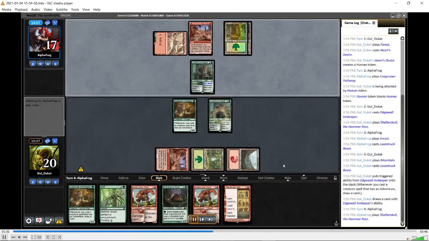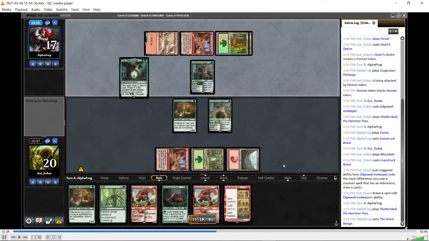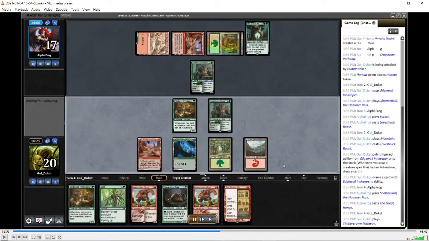Draw an Akroan War. They pass. They play El Hengerino. No Ooze, no Ooze. Okay, they have no Ooze. I draw a land, I guess. I couldn't really see there, but yeah. So I draw a land, and now I have a few options, but it's pretty clear that